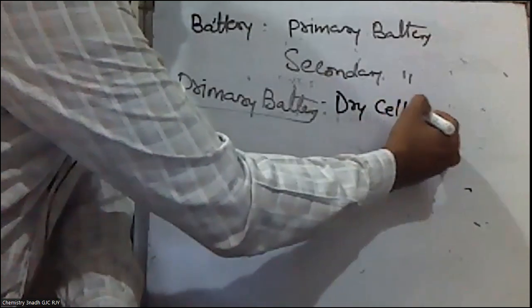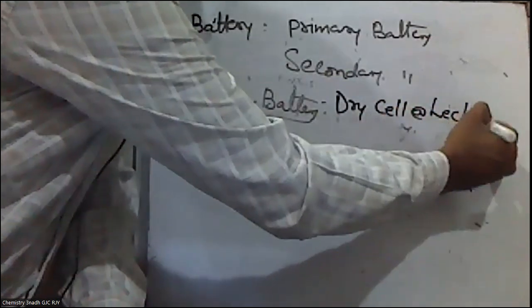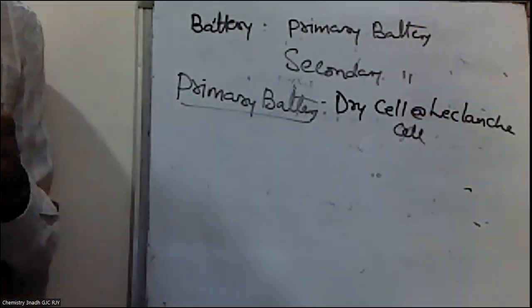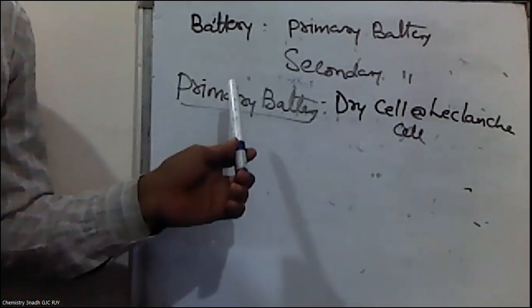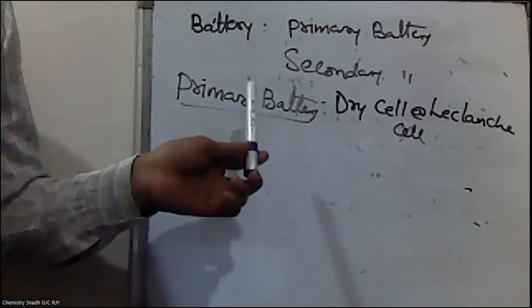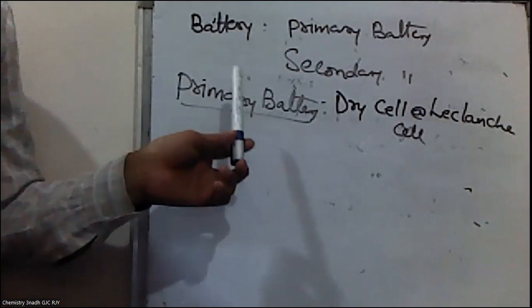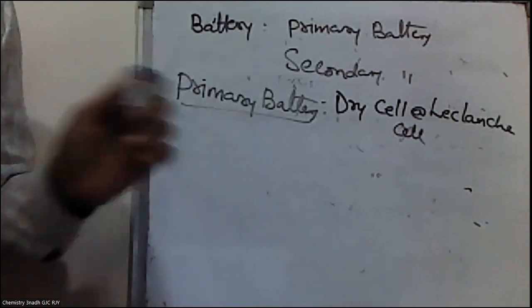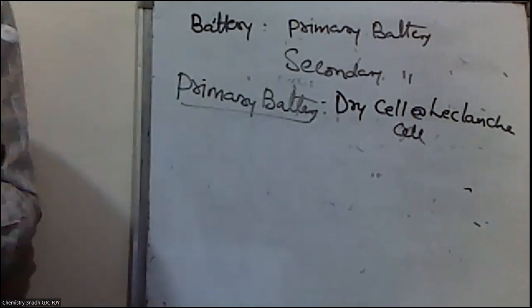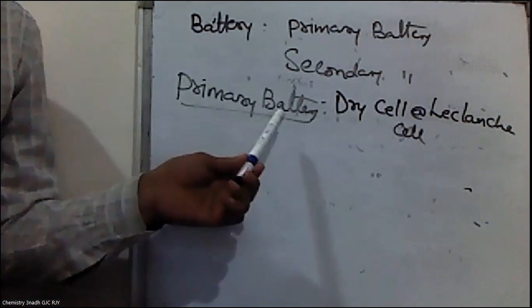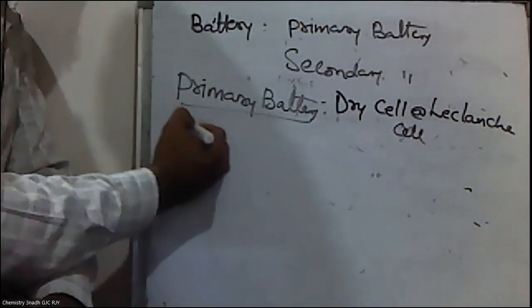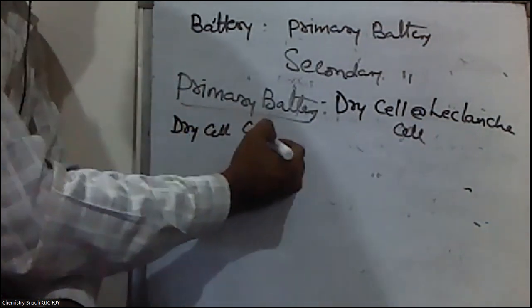Dry cell, or Leclanche cell. This is the dry cell or Leclanche cell, used in transistors and clocks. In clocks, whatever batteries we are using, those are dry cells or Leclanche cells. You see, this primary dry cell consists of